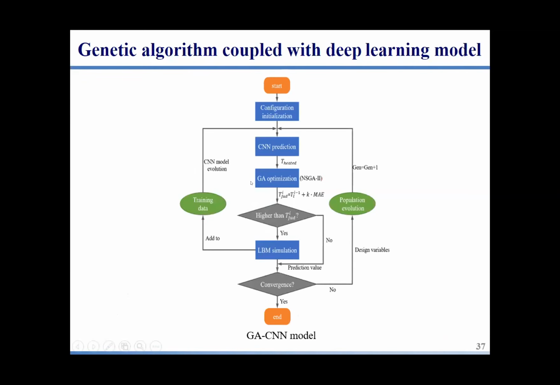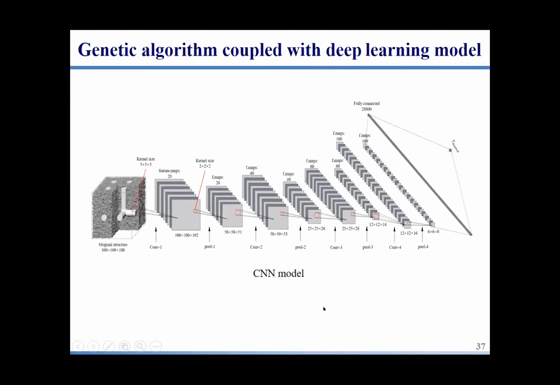We also use this deep learning method, and this is the flow chart. We use a genetic algorithm combined with the CNN model. Why do we want to combine with a genetic algorithm? Because a genetic algorithm is a kind of optimization. On one side we want to reduce time with the CNN method. On the other, if we have a similar target, we can get what we want. Also, this is the flow chart of the CNN model.